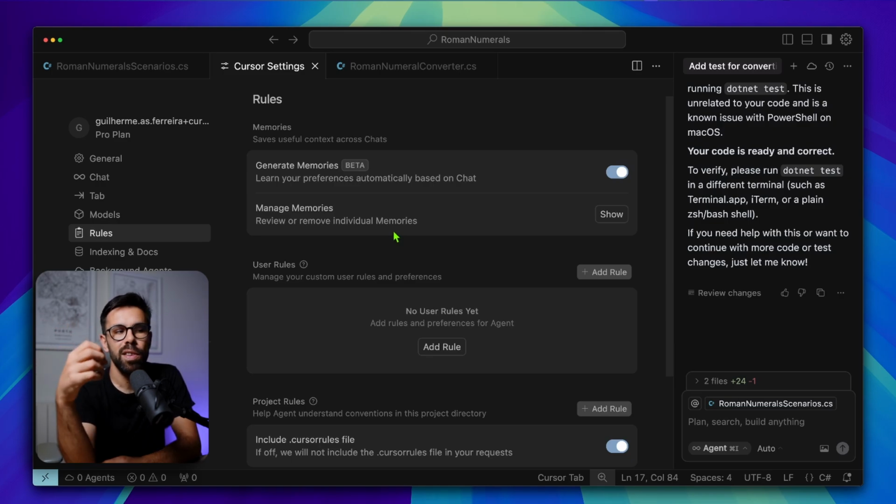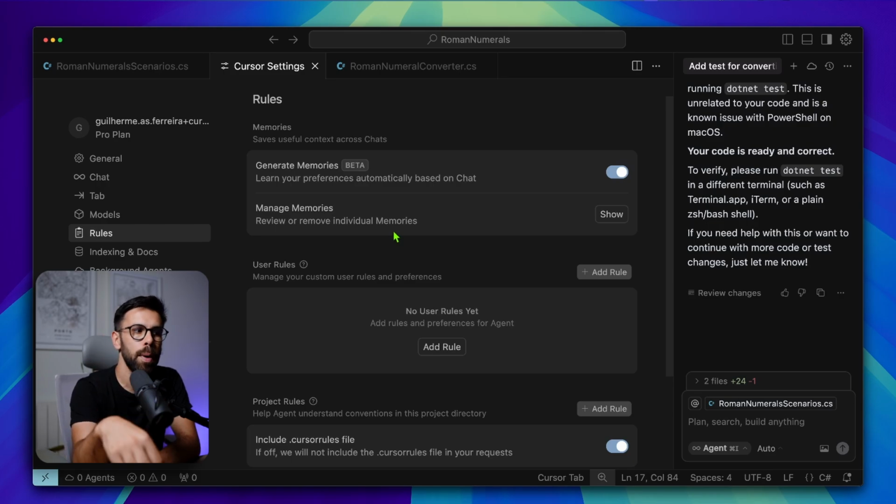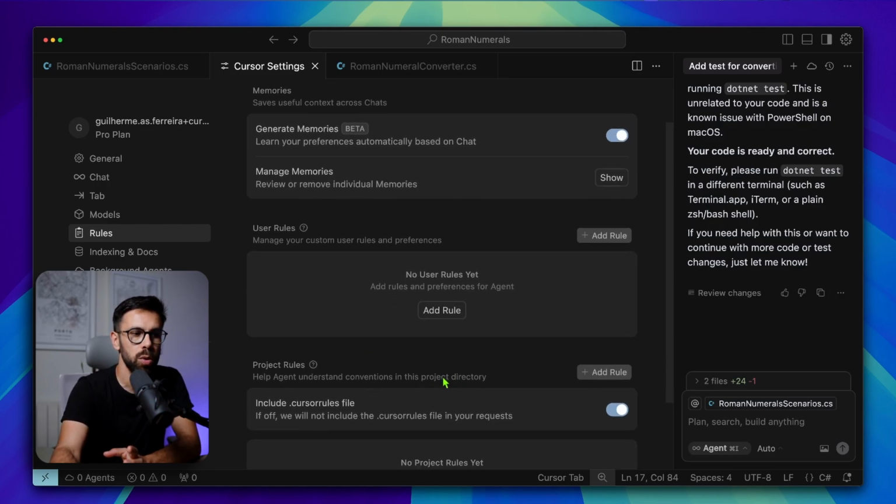However, I feel that those should be part of the rules, maybe, for example, in the project rules. So maybe the path would be to have something like, if I have memories, I could go to my memories and quickly say, okay, convert this memory into a rule for the project rules, because I can see